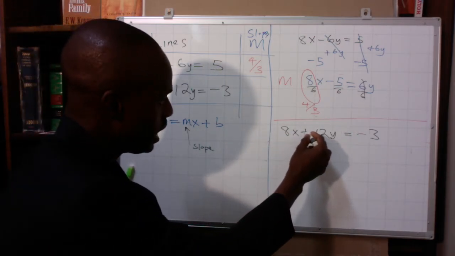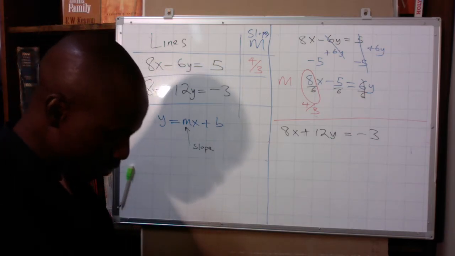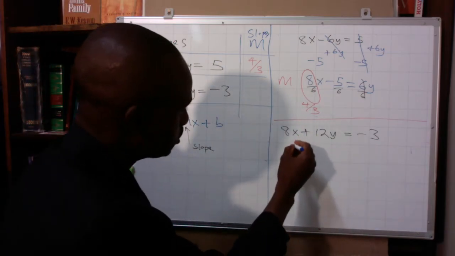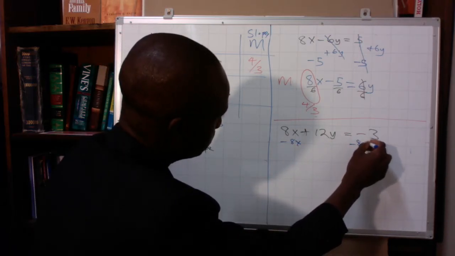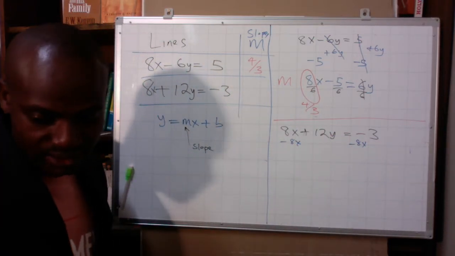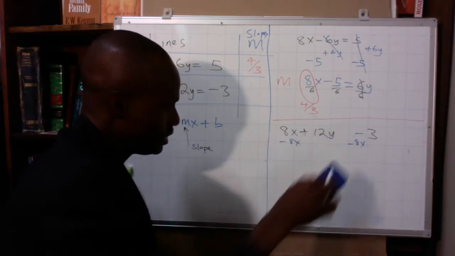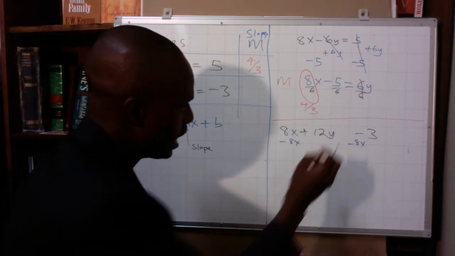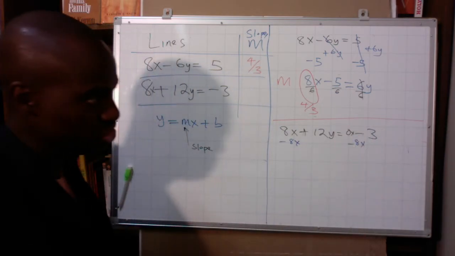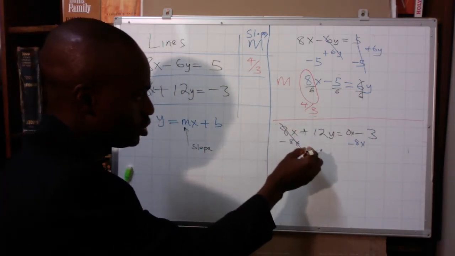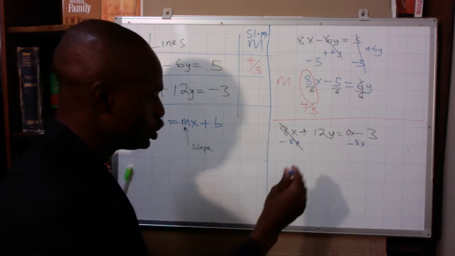And the way to take away the 8x is to subtract it from both sides. So if I subtract 8x from here, and I subtract 8x from here, technically there's a 0x here. Even though it's not stated, there is a 0x right here, because 0 doesn't change anything. So this is going to go away, and you're going to have 12y